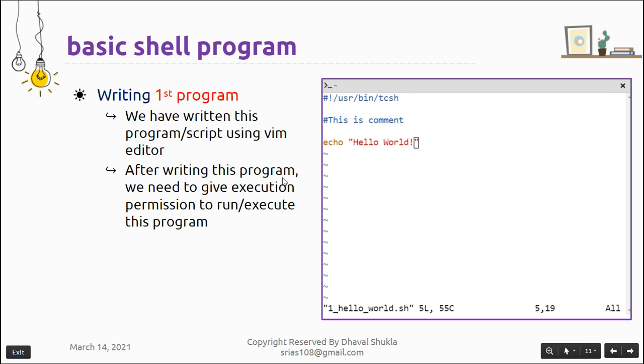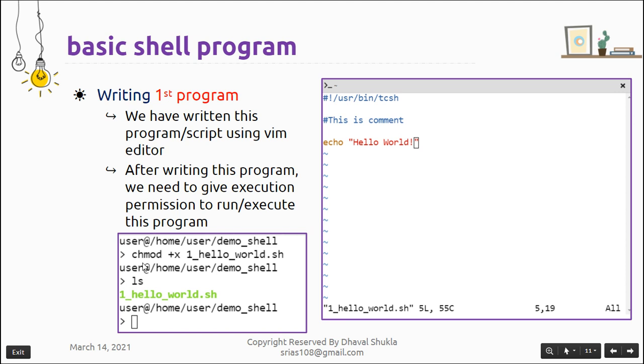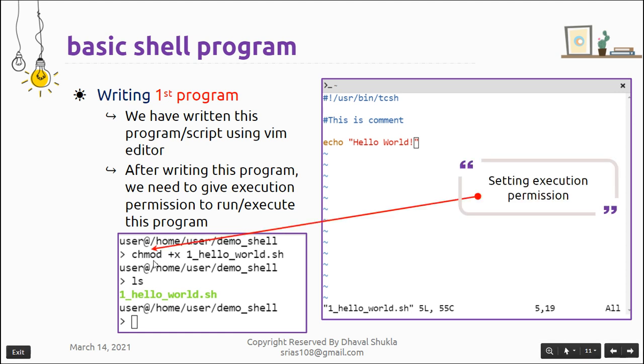After writing this program, we need to give the execution permission to execute this program. For that, we go back to the terminal and write chmod. Chmod means change mode, changing the mode of the permission. It sets the execution permission plus x on this file.